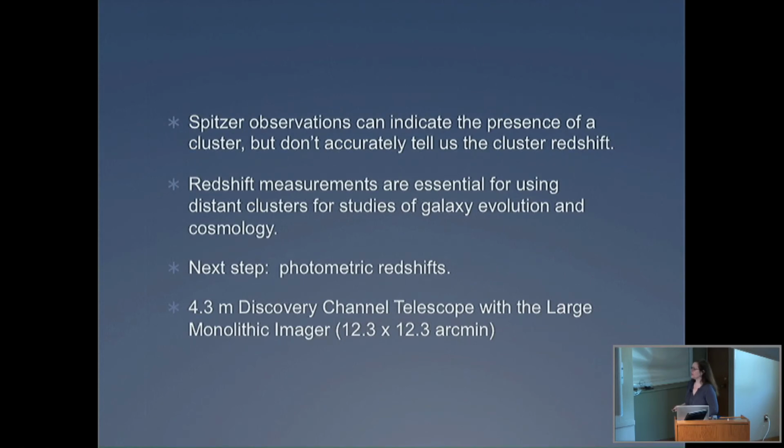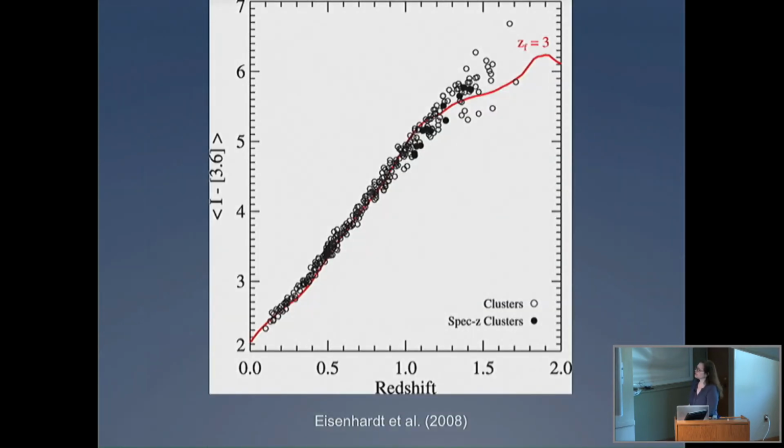So we've been doing work there, and this is work that Emmett Goldenmarks is doing using the Discovery Channel telescope, which many of you, well, maybe you've heard me mention it before. It's a pretty new telescope. I think it had first light around 2012, 2013, something like that. It's a 4.3 meter optical telescope out in Happy Jack, Arizona. It's got this really nice large CCD, the LMI, 12.3 by 12.3 arc minutes. So we've made extensive use of that and observed about 100 of our cluster candidates.